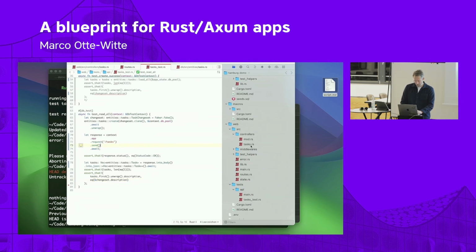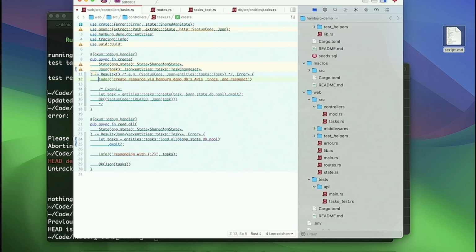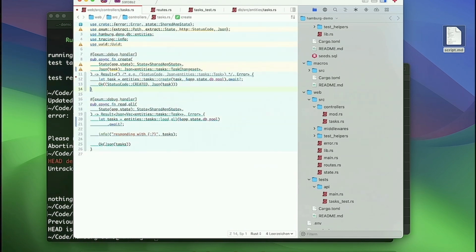And as we saw before, we do already have the create function in the controller that was created as part of the CRUD creation, right? There were also read one and delete and update and so on, but we deleted them for the sake of simplicity. So this is the create function now. We can uncomment all that,